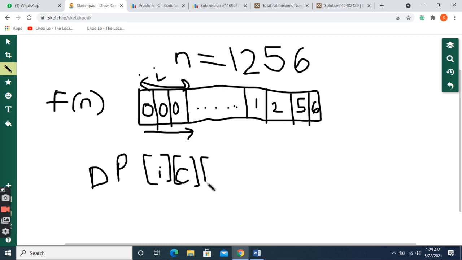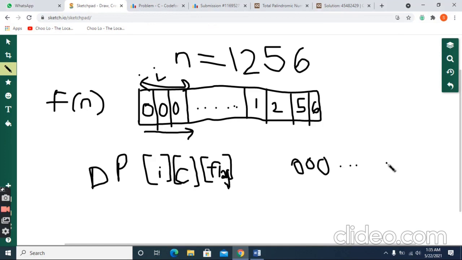Now I also require a third state, which is flag. I denote it with F, or I just write flag. This flag is the most important state in my dynamic programming, and I will explain what this flag does in a moment. Say that I am building my number, and these are the leading zeros, and the number that I've built till now is 1 2 dash dash. These dashes mean that I have not filled these digits yet. I am at this position in my digit array, and this is the number that I have built till now.